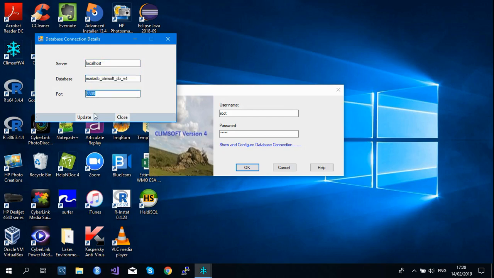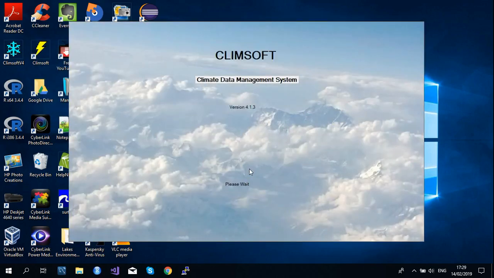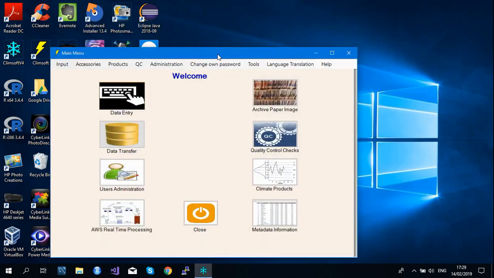It is very possible for CleanSoft to connect to a remote database which is somewhere else. In this case, you need to provide the IP address of the remote computer. But since your database is on this machine, this is still okay. Just click OK to open the system. You can see it's a splash screen and you are ready to go.